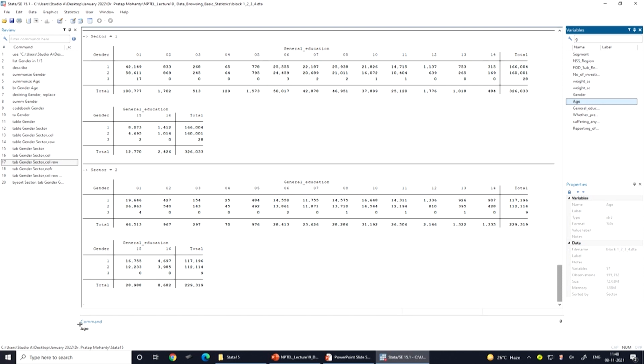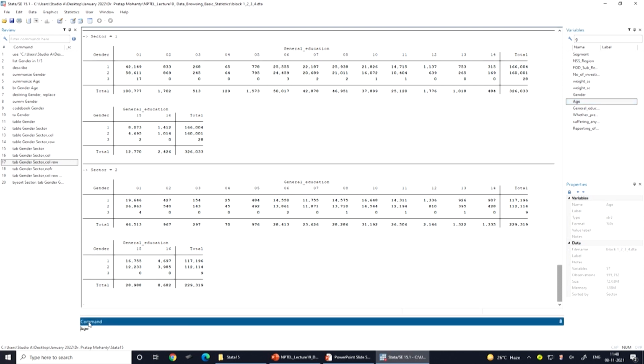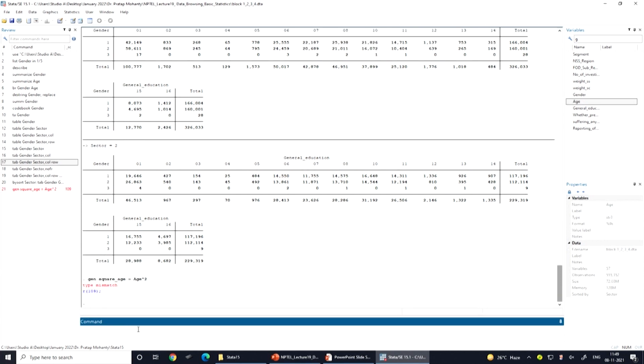So we have taken age here, and we'll define a new variable using gen. The variable name is square underscore age, is equal to age to the power 2, so we use the power operator and 2. Again there is a problem, because the data is by default in string.